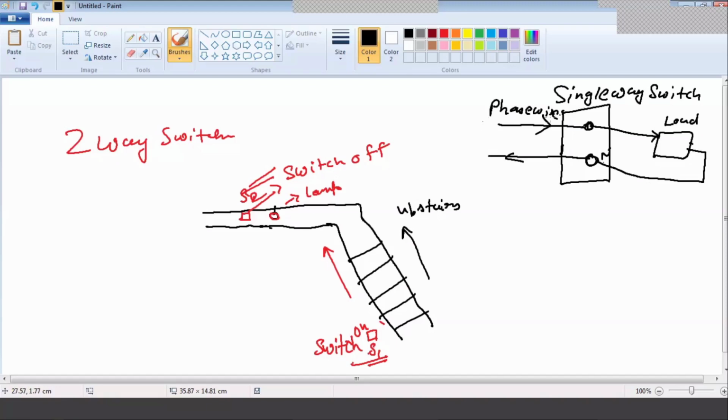Okay. So one terminal is to connect the phase wire and another one is to connect the neutral wire to complete the path. Fine. So if you switch on, this will be closed. It will complete the circuit, and if you switch off, this will be open. Right?